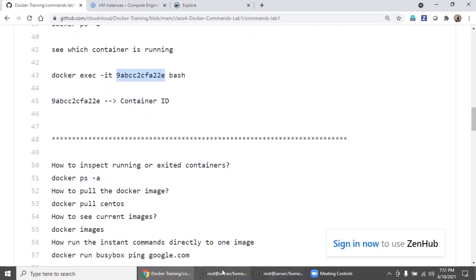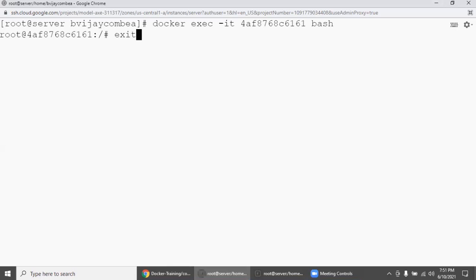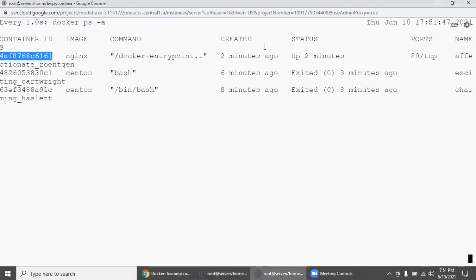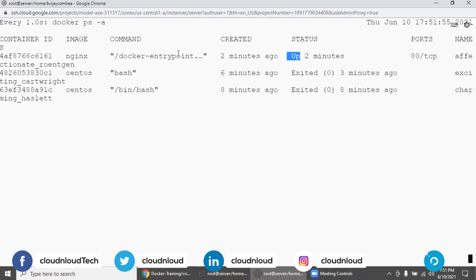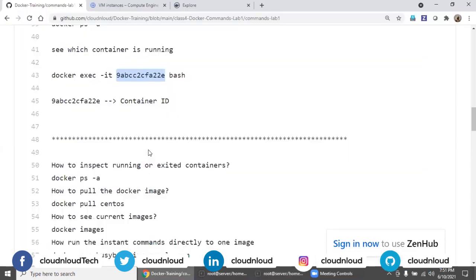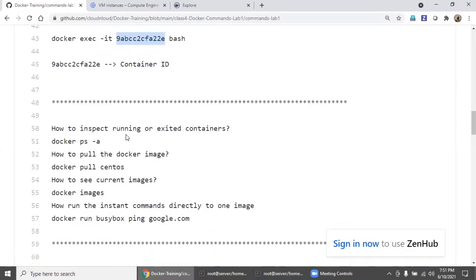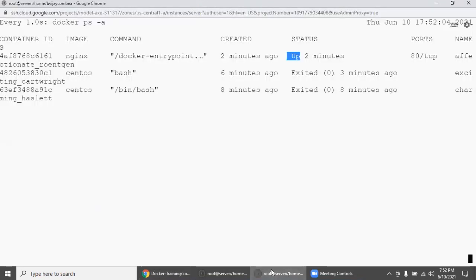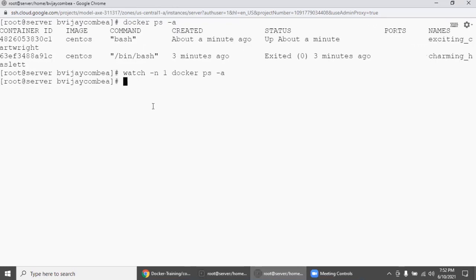Now, even if I exit and check the status, it's still up, because we triggered this in detached mode, as a background process. How to inspect exited containers? As I said, let's get out of this.